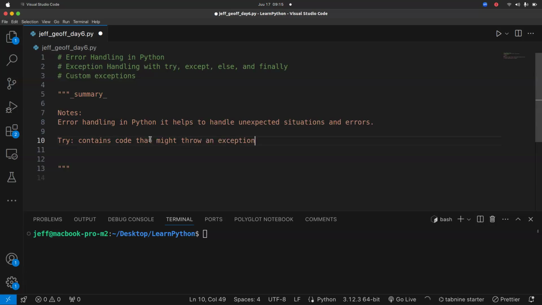Now, if an exception occurs, the rest of the code in the try block is skipped or ignored.